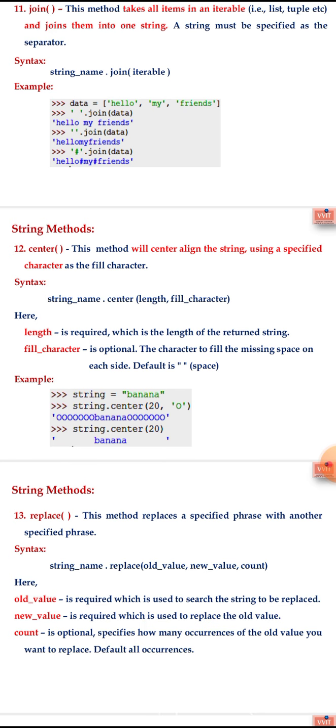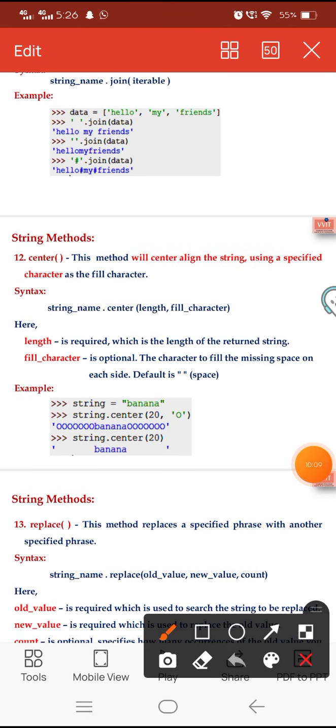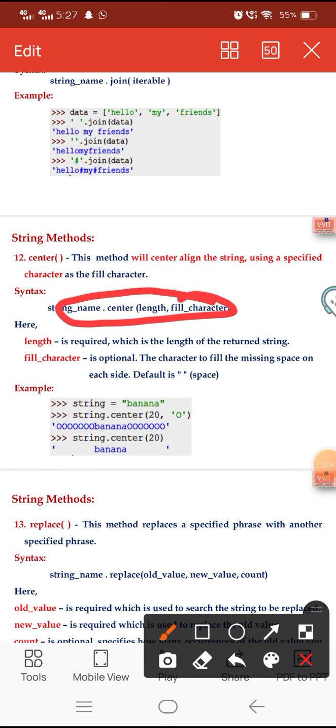The syntax is string name dot center length comma fill character. In this, 20 is the length and 0 is the character, so it prints 0 at the starting and at the ending, and at the center it prints the string.